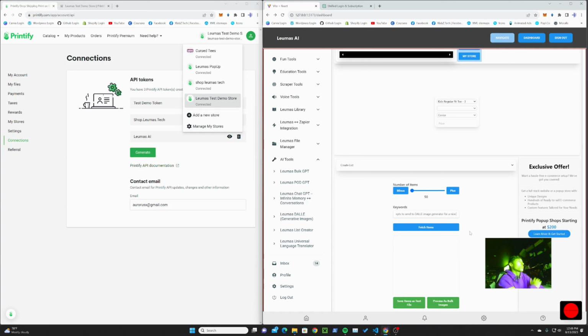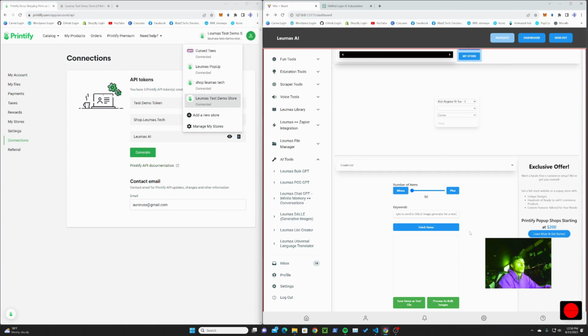Okay, what kind of store do we want to create? So let's say we're a Pokemon store, or a Dogecoin store. We love everything Dogecoin related. We'll use that as an example. We want to sell merch that's all Dogecoin related. So what we need to do first is to get a bunch of images that are Dogecoin related, and that's where this create list comes in handy,